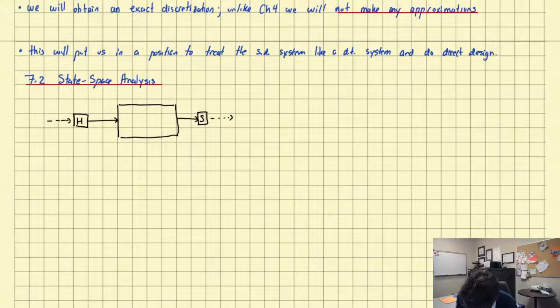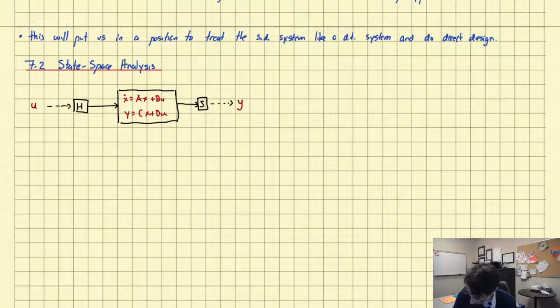Where we're focusing on the plant part of it. And because we're doing state space, we're going to just treat the plant as having a continuous time state space model. Okay? And our objective is to get a discrete time state space model from U to Y. Right? And so what this will look like, for what we will get,